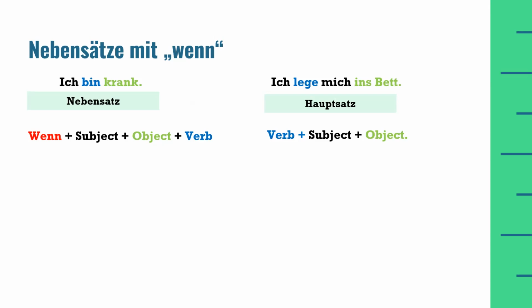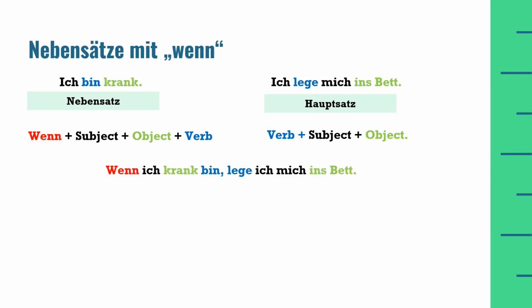In Hauptsatz, we will start the sentence with verb. At second position, we will use subject of Hauptsatz, and at third position, the object will come. In place of object, there can be adjective, preposition, etc. So if we follow this sentence structure for the two examples that we have above, then it will look like